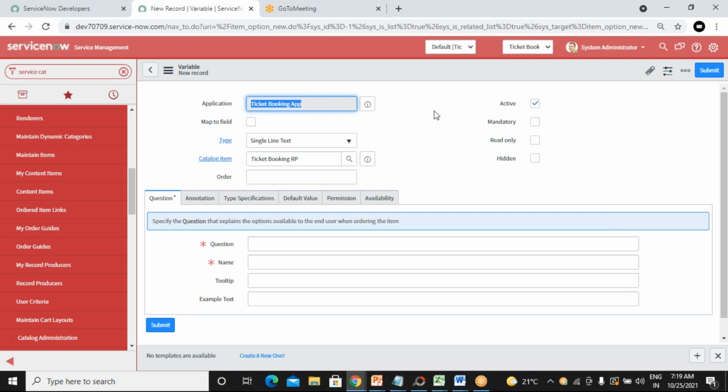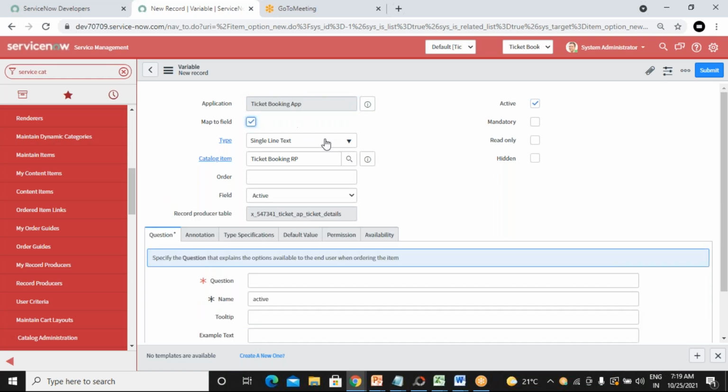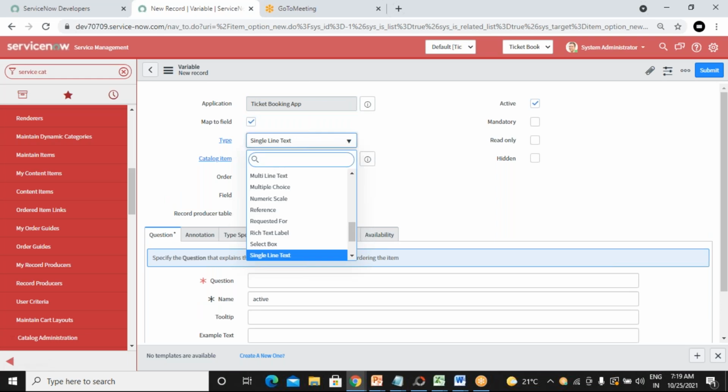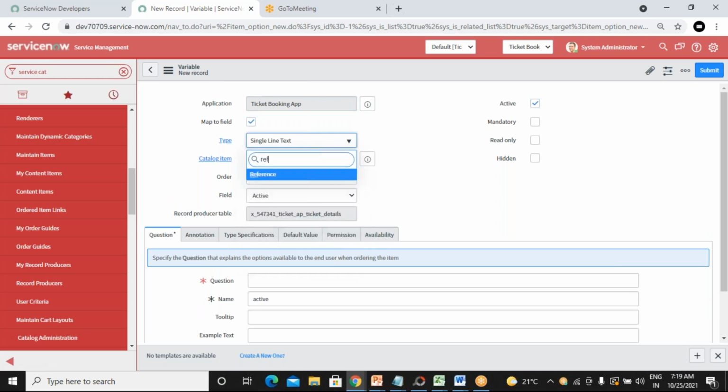The difference between a catalog item variable and a record producer variable is that here you can map the variable to a table field, whereas in a catalog item you will not have that option, so it stores the entire data in variables. So let me select map to field, whatever variable you are going to create. Let's say I'm going to create a from variable.